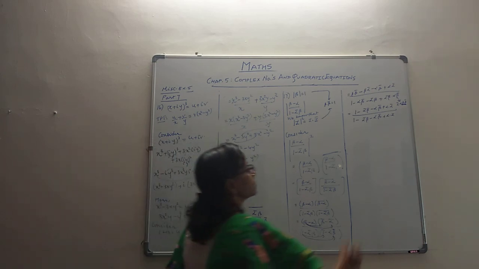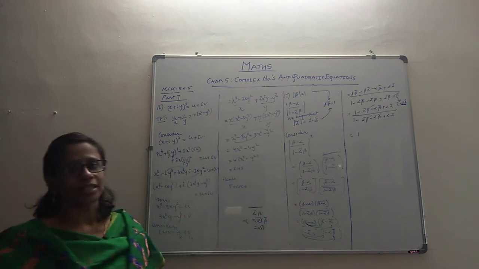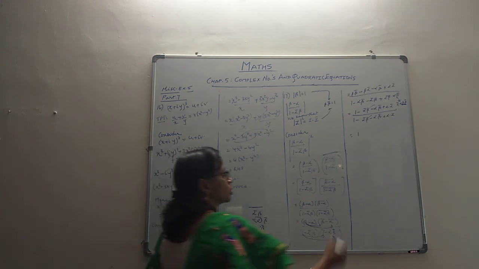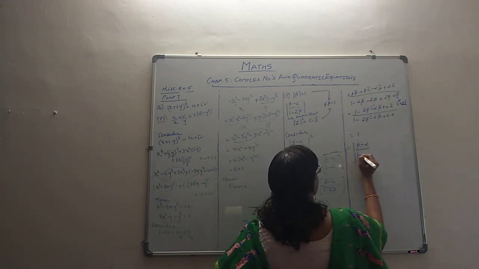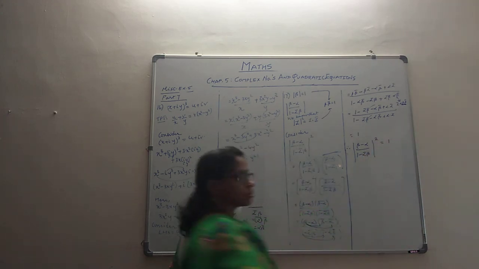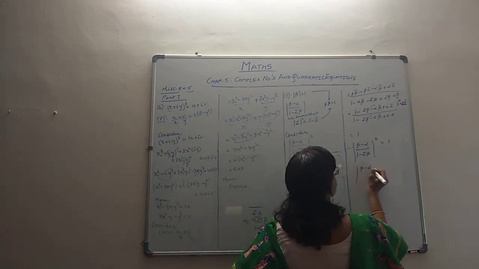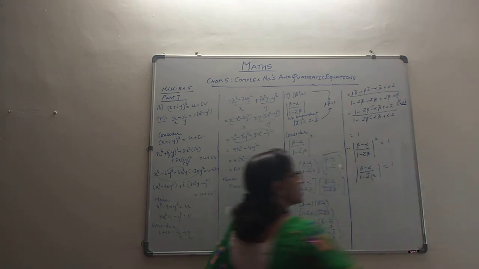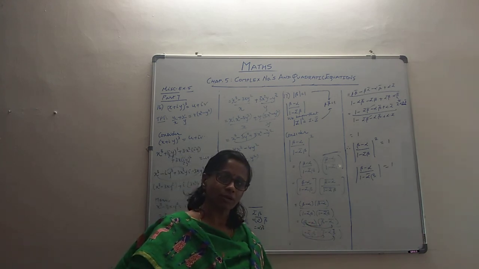Because they are exactly the same, they can cancel each other, and when they cancel each other, you get the answer as 1. The moment you've got the answer as 1, what have you got? You have got the modulus squared of beta minus alpha by 1 minus alpha bar beta as 1. So let's take square roots on both sides. So what will happen? You will get modulus of beta minus alpha by 1 minus alpha bar beta also as 1, and that is what is asked. They have asked us to find out the value, and the value has come out to 1.